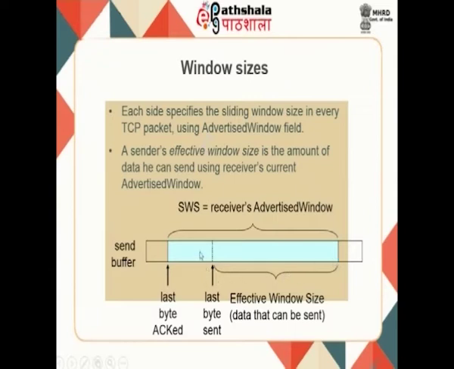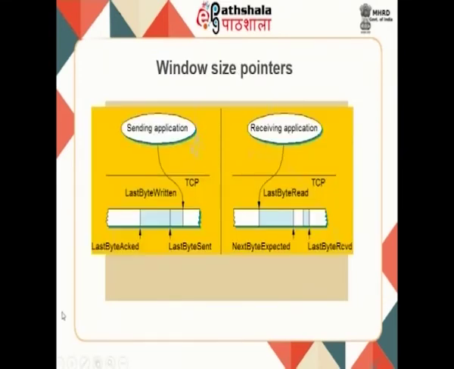Now, as you send more data, the receiver receives that data, and if it is sitting in its buffer and has not been read by the receiver side application, then it will keep on reducing this window size. So, this is what you will see as a sliding window mechanism, where the window size can shrink or increase depending on how much buffer capacity is available on the receiver side. Okay. So, this is typically what we have in TCP in order to maintain this buffer on both